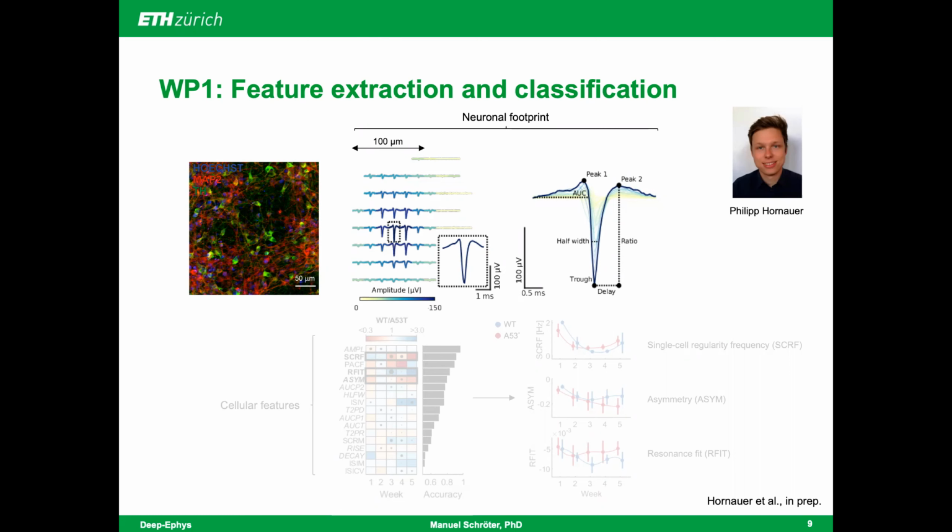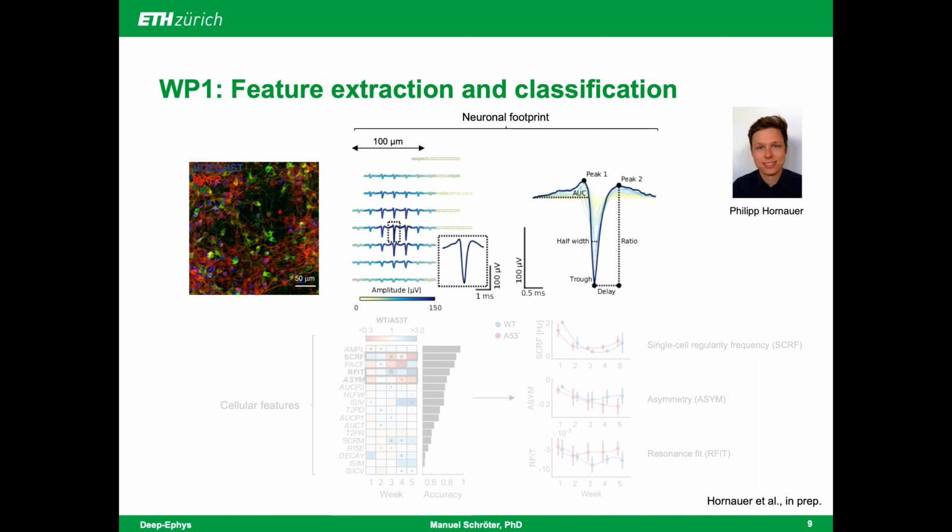On this slide, you can see on the top left an example immunohistochemical staining of a healthy dopaminergic neuron culture. The dopaminergic cells are here depicted in green. They express tyrosine hydroxylase, or TH. In the middle panel and on the right, we see a so-called electrical footprint of a single neuron recorded on a HD MEA and preprocessed using our pipeline.